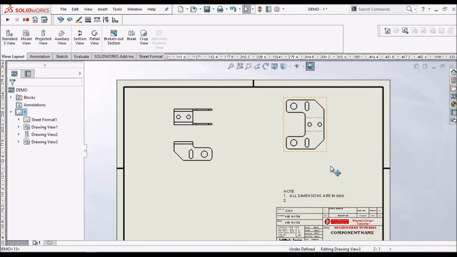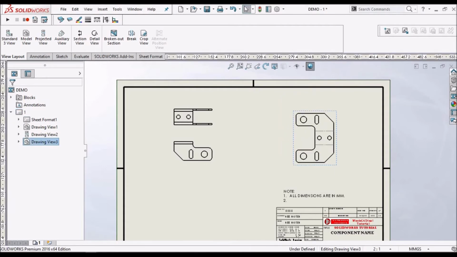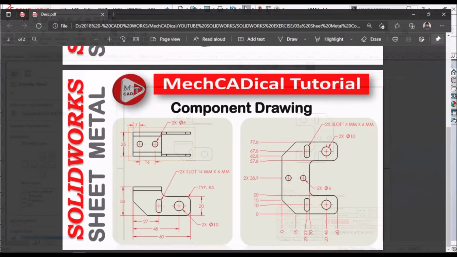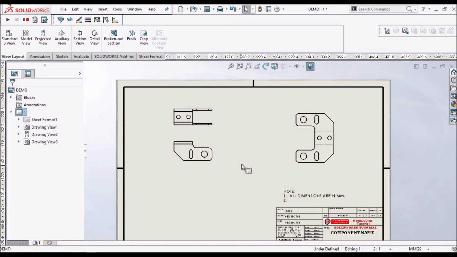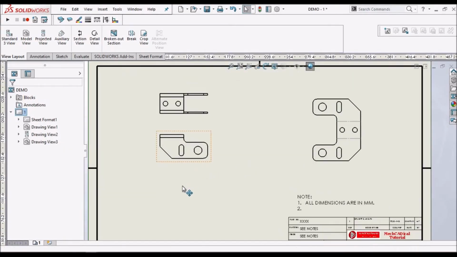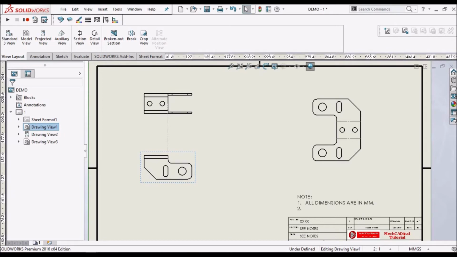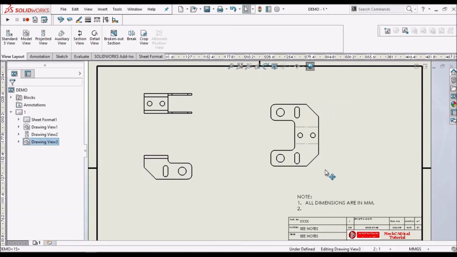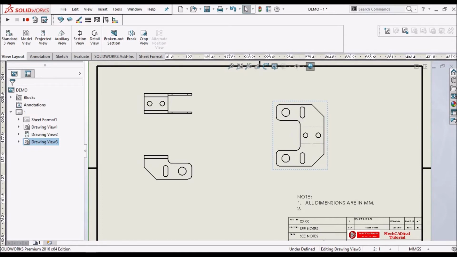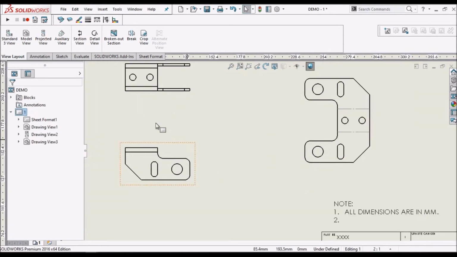We can place a flat pattern in any direction. Now let's come to the dimensioning.